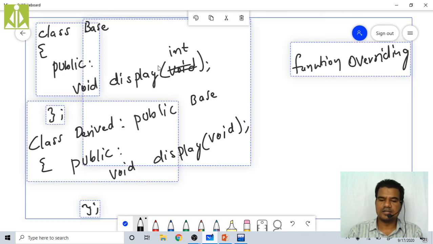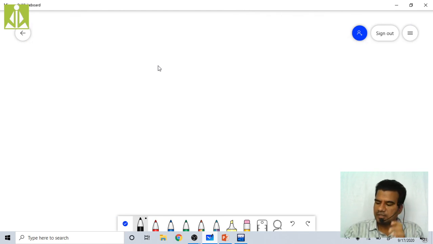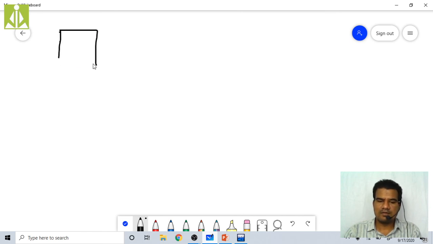So delete this as we have already coded. So now how many classes do I have? I have one class. That is my class base. And here I have only display with void, without any parameters, isn't it?